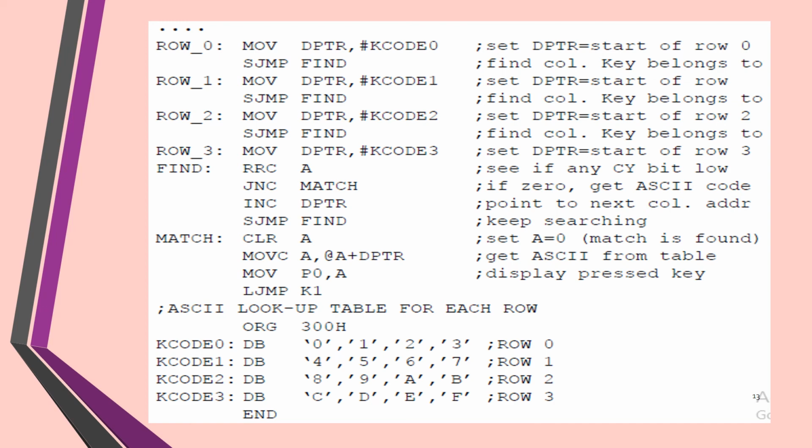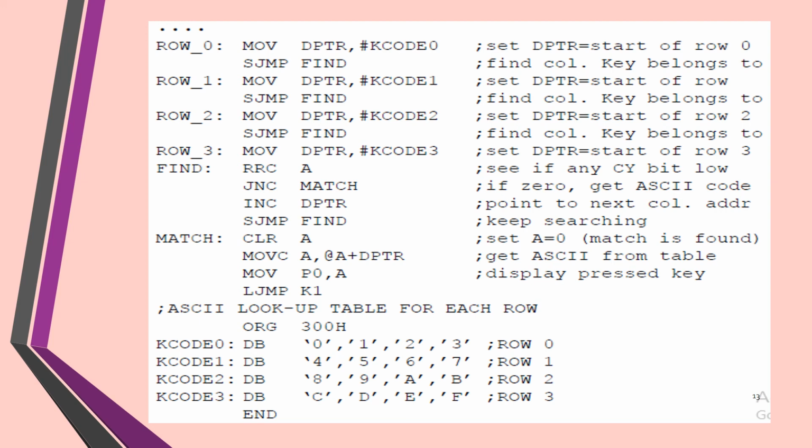If carry is 0, then go there for matching: clear accumulator and MOVC A, @A+DPTR. Whatever memory DPTR is pointing to, all the key codes are there. If it is row 0, then from 0, 1, 2 or 3, whatever the answer is, that will be provided and sent to port P0, and again LJMP, and it will go back to the KEY1 routine,